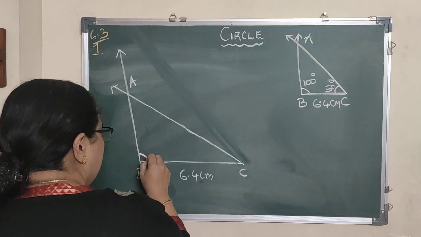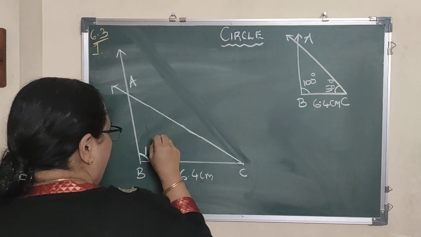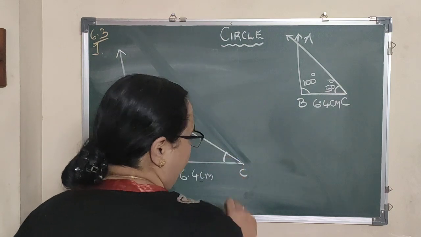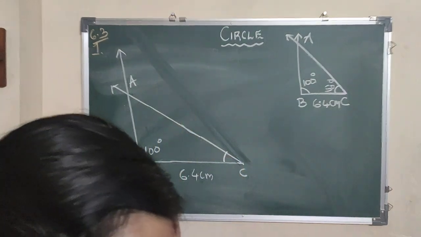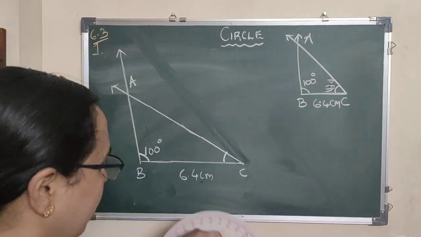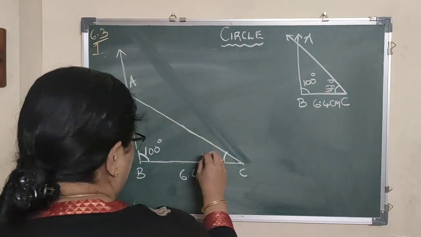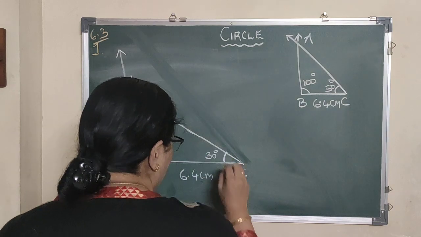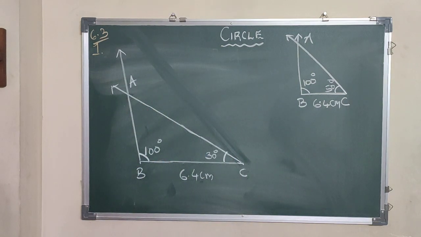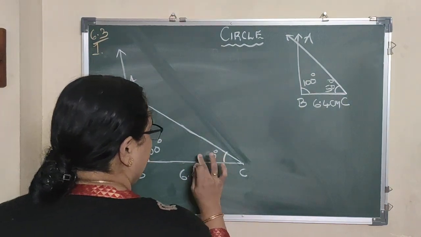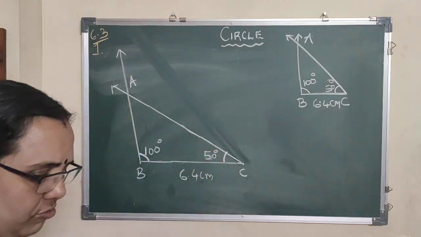This is 100 degrees. And this is actually not 50 from my end. It will be, but you have to draw 50, children. It is 30 from my end. Okay. But still I have maintained an obtuse angle triangle. But you will have it 50 degrees. Okay. So let us draw the incircle.